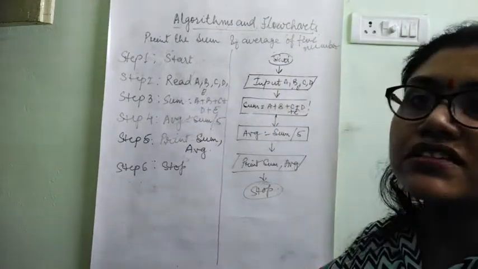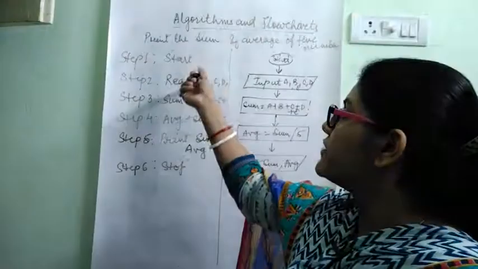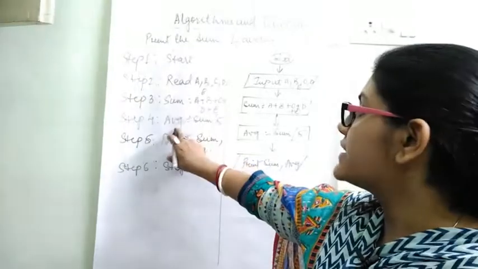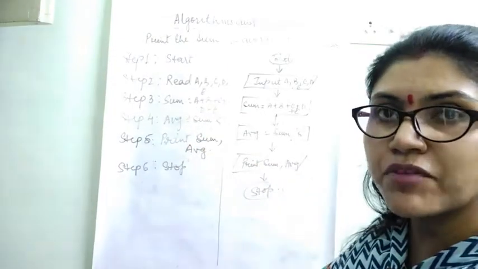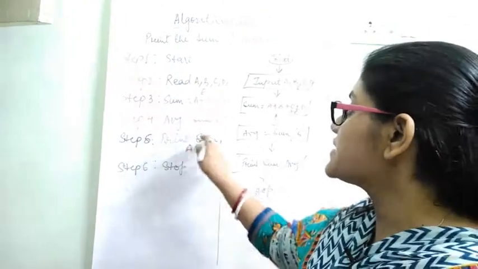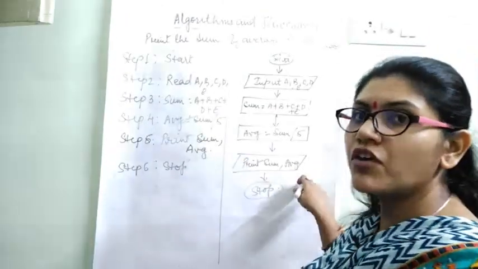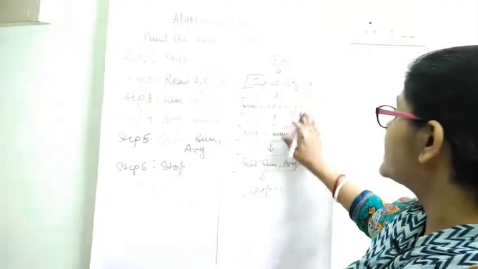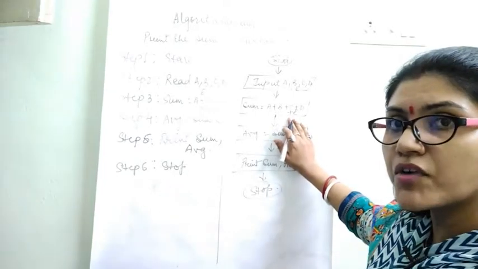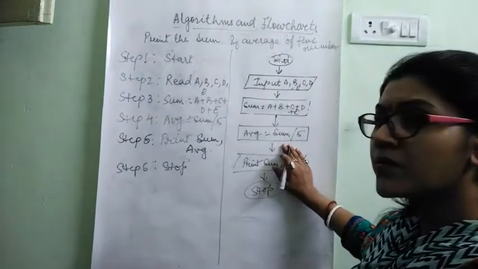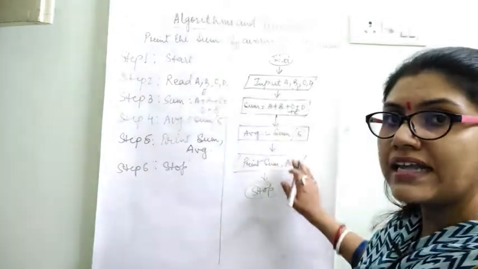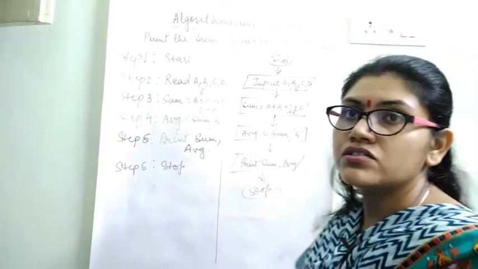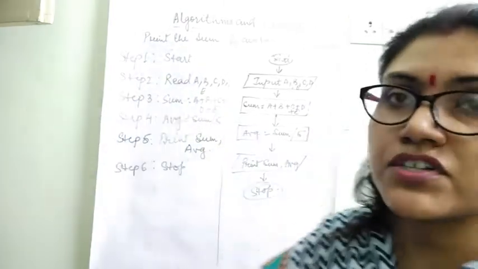Okay, this is the other question, sum and average. We have to take out the sum and average. First we have to read the 5 numbers A, B, C, D, E. Then first we add the numbers. Then average equal to sum by 5 because there are 5 numbers. Then print the sum and average, then stop. In the flowchart, input A comma B, 5 numbers we have taken. Then we add in a process box. Then in another process box we have taken the average, and in the output box we print the result and then stop. So these are the 3 questions which I have shown you.